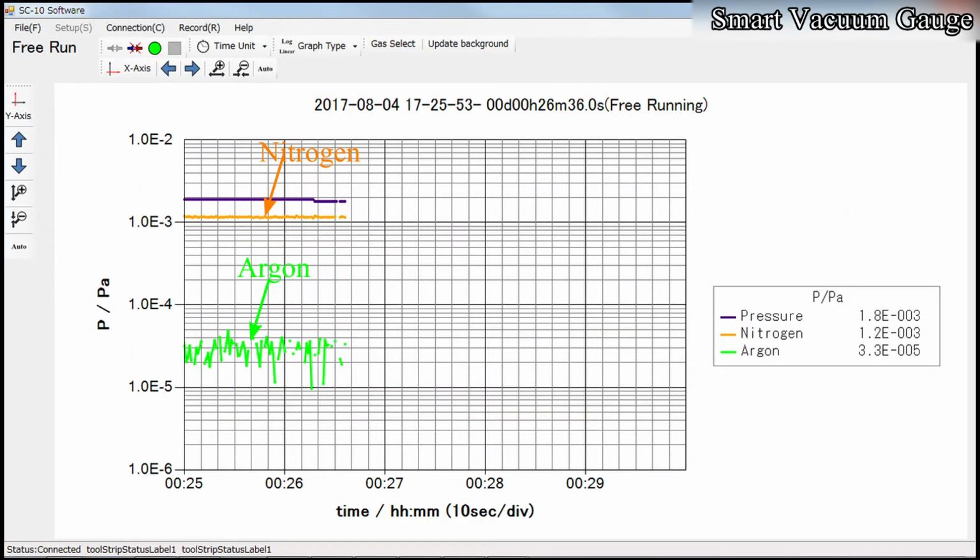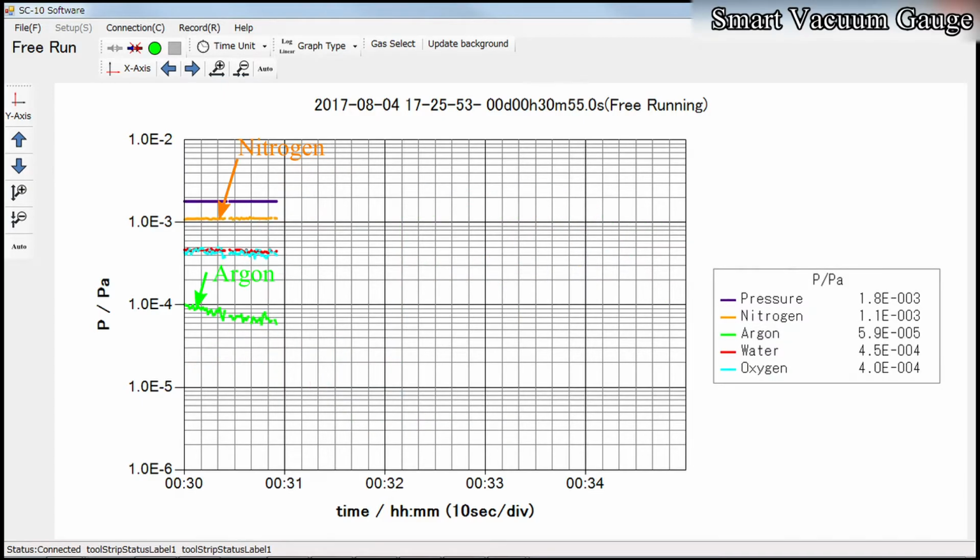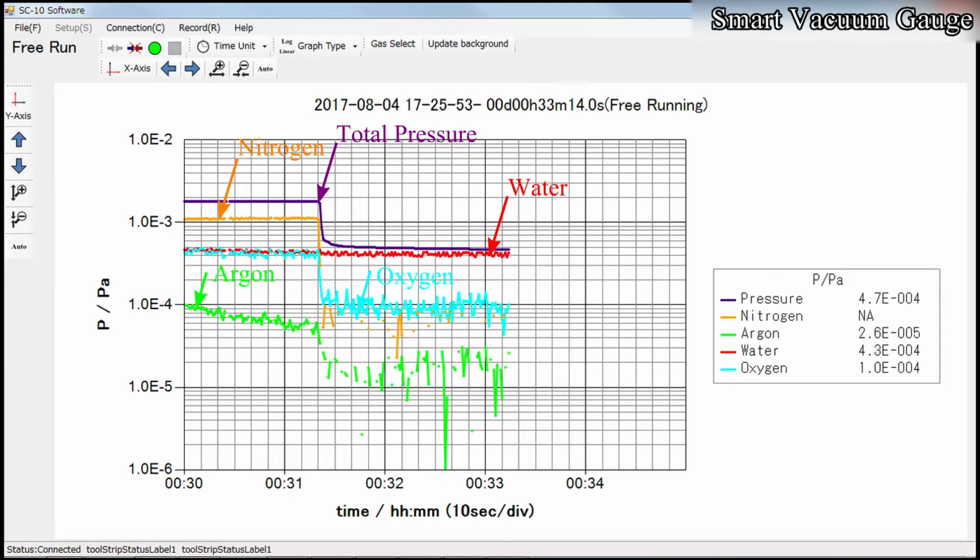Searching for signs of a leak by spraying argon, there appears to be a leak here because the argon level has increased, whereas nitrogen decreased. In this way, the S-Gauge can test leaks by using argon as well as helium. The leak is stopped. As the nitrogen, oxygen and argon decrease, the total pressure falls to 10 to the -6 torr. Now that water vapor has become the usual main component, we can improve the vacuum level by baking to